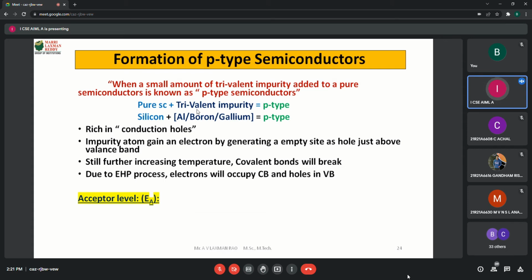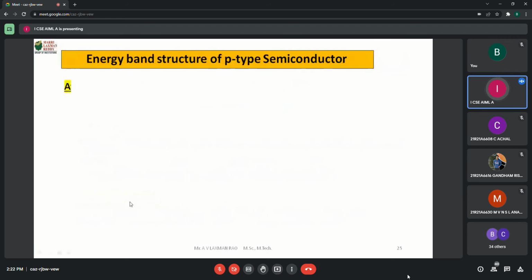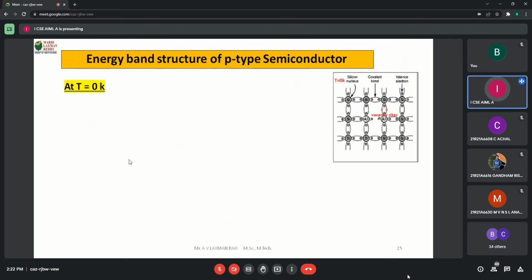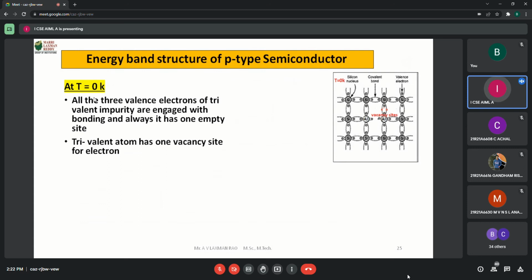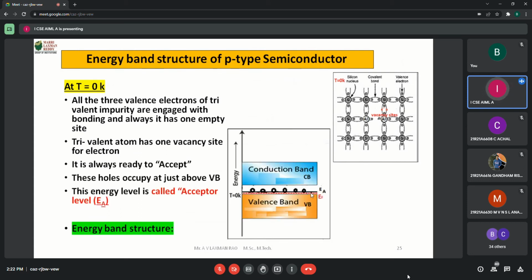If you take a pure semiconducting material and add trivalent boron, gallium or aluminum, the formed semiconductor is called a p-type semiconducting material. By adding the impurity atom, which is trivalent, we get the acceptor energy level. The acceptor energy level is an energy level which always accepts free electrons to occupy even at 0 degree Kelvin. That's why this acceptor level has an energy level just above the valency